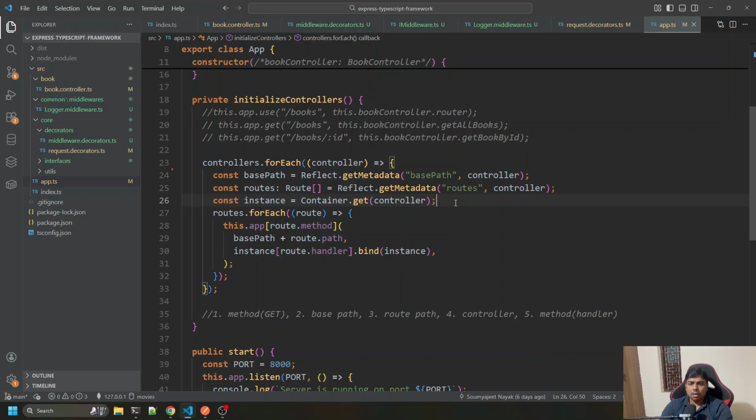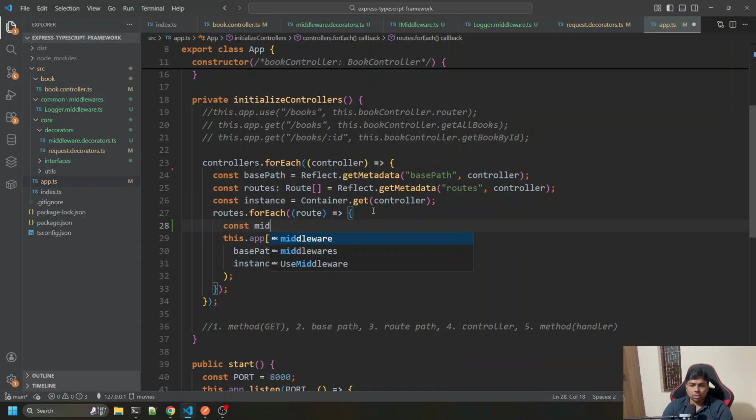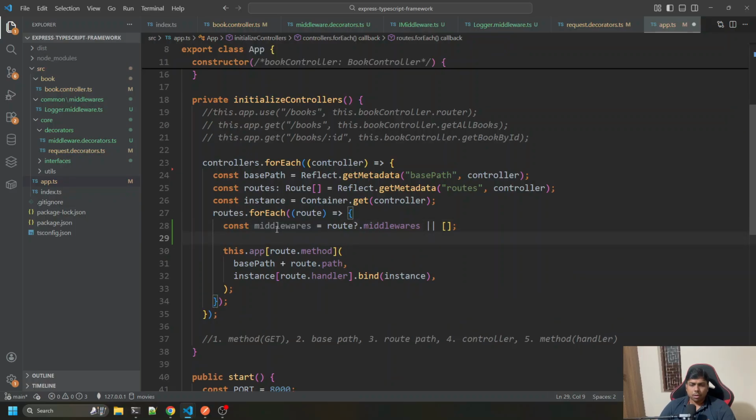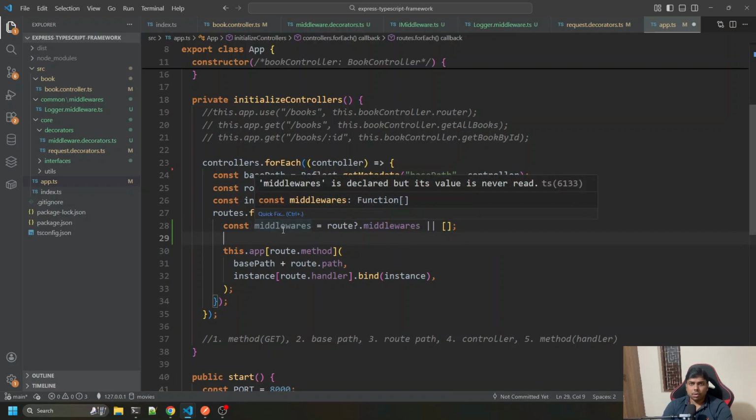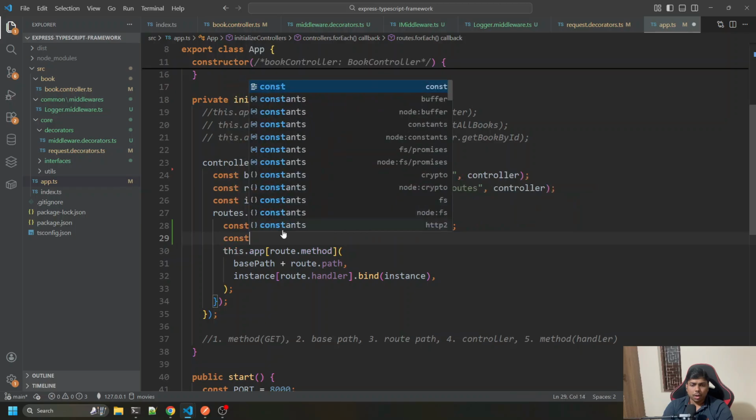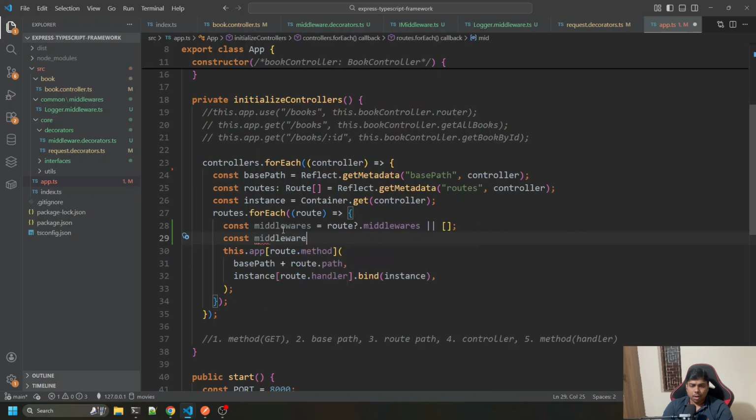So how can we get the middleware? When I come inside the route, I can say const middlewares equals route.middlewares or an empty array, right? Now what is this actually? These are the list of middleware classes, right? So this I cannot execute as a function, right? But how can I execute this as a function? For that, I'll say middleware executable function equals to